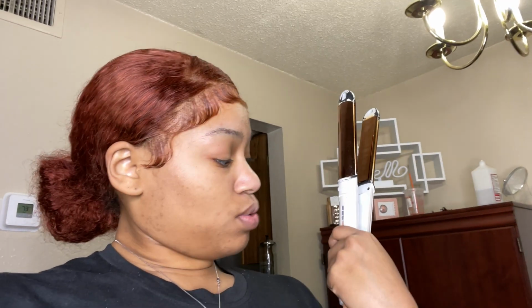So I'm about to tape the hair in. We just finished eating some Chick-fil-A. Whenever you do the tape-ins, you just got to make sure that you're doing it at the right temperature, because if you go over, you might melt the tape-ins. So with these, it says that it needs to be around 350. My flat iron goes to 340 and then 375. So I'm going to go with 340 because we're not melting these tape-ins off our hair, having to wait for them to